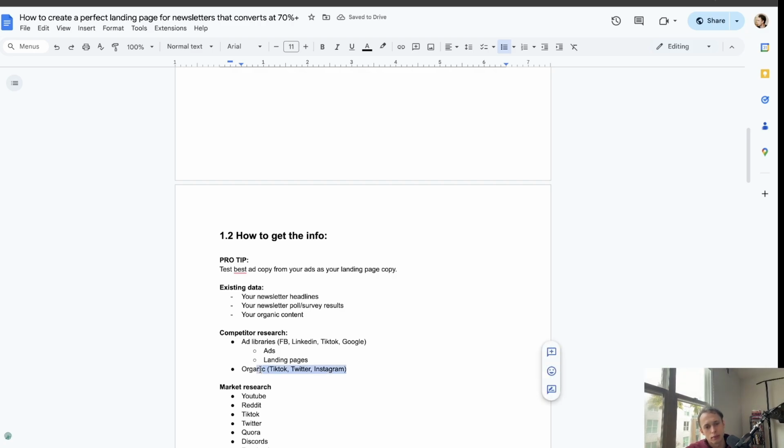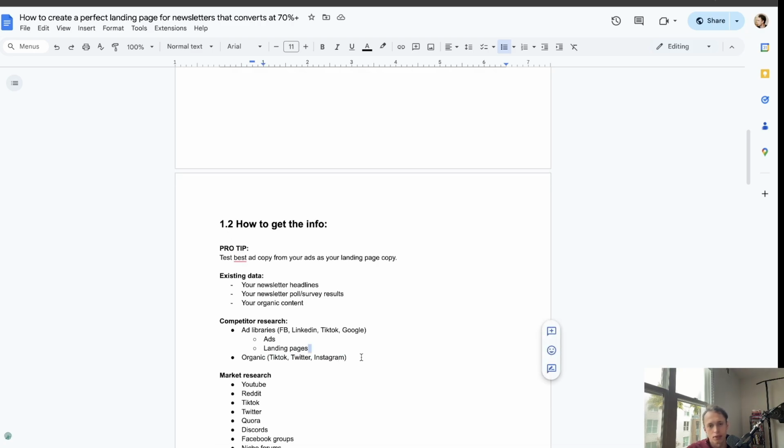If your audience is most likely going to be on those platforms, which there's a high chance everybody is going to be on Instagram. And a lot of newsletter readers will be on Twitter, I think a lot, because it's primarily been a text platform. So these platforms are going to be very easy for you to do research when it comes to ads, landing pages, just really understanding your audience. And in this case, your competitors'